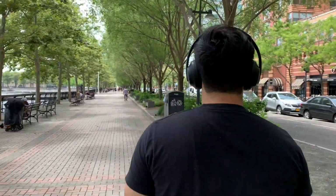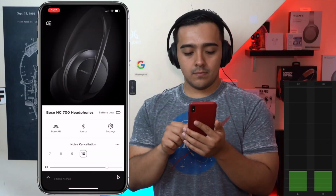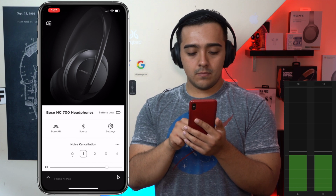But still, the ANC on the Bose NC700s is still decent. We're honestly just splitting hairs here. But now, let's talk about the ambient modes on these headphones. Both of these headphones allow you to pump in the ambient sound around you, so you can still be aware of your surroundings. And ambient mode is great because you can still hear what's going on when you're walking around the city,